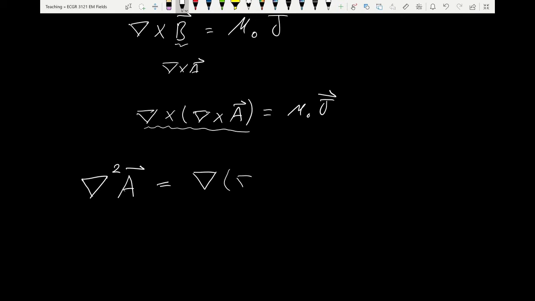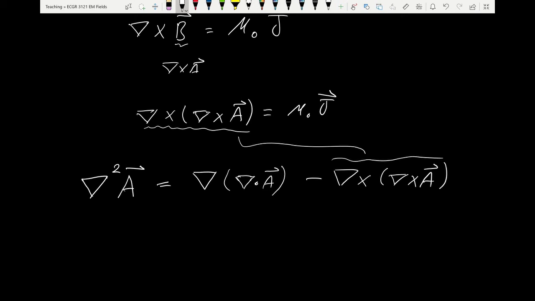The first one is the divergence of A. It's the gradient of the divergence of A. That's a second order operator minus the double curl. So the double curl shows up in the definition, the expression, which I took as a definition of the vector Laplacian. This is called the vector